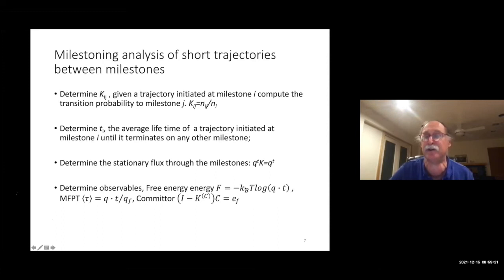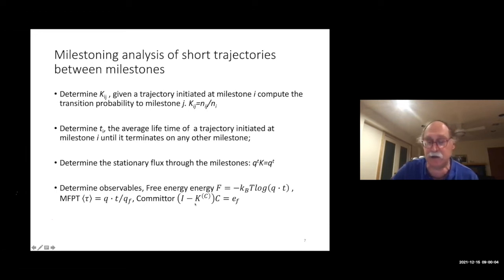And of course, the log of it, as Mark also said, you are going to see many times, gives us the free energy that we see here. We can also calculate the mean first passage time, which is the probability, Q times T, divided by the flux into the final milestone, into the product state. Another thing that we can compute, which is exact within the framework of milestoning, is the committor function, which is given by this formula here. It's I minus K, the same K that I wrote here, and this is a vector EF, which is 0 everywhere except 1 at the product state. So these three functions are the ones that I'm going to discuss further: